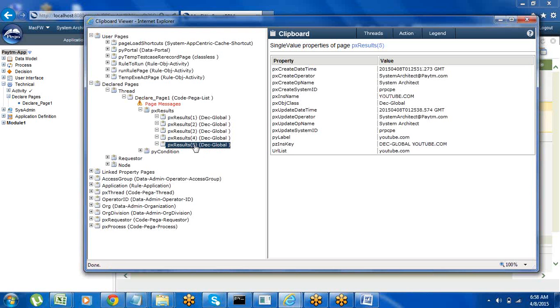Okay, these can be accessed only in a local way, only the person who has created this thread page can access it. Same thing if you define it under the node level.